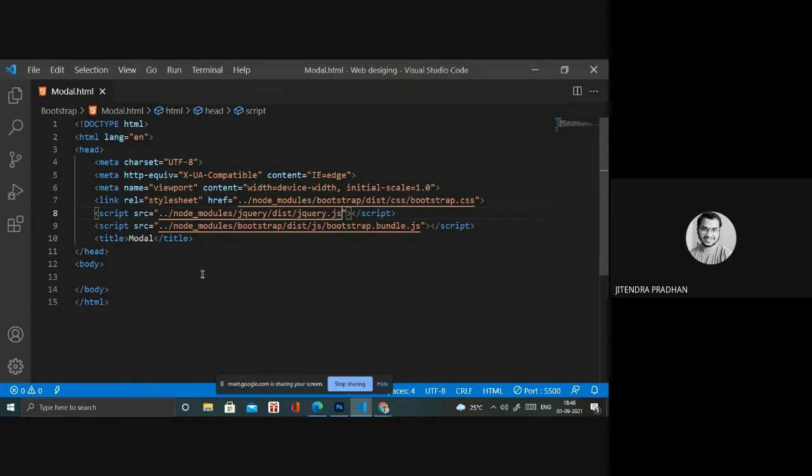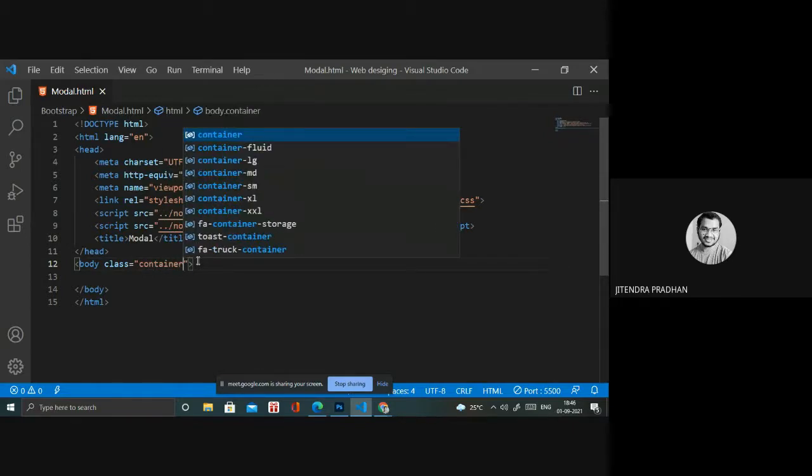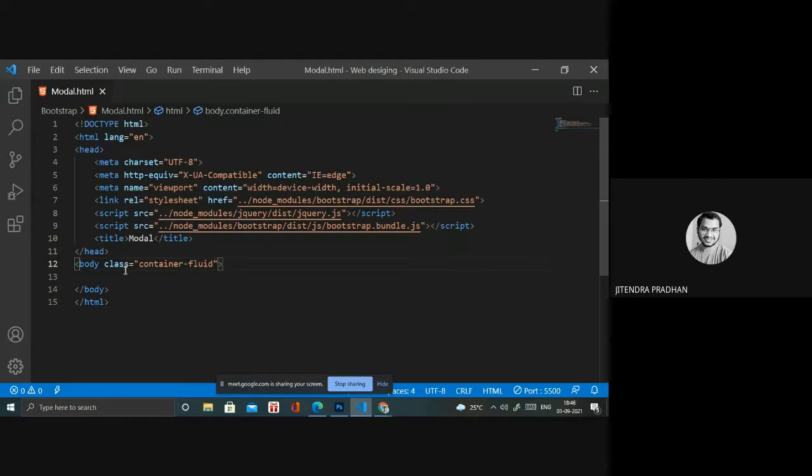So I require a button. When I click that button, it will be shown in that folder. Okay, so wait, I need a button. Before that, I will use class container-fluid. Then I need a button inside that. Before that, I will give its heading. It's like a